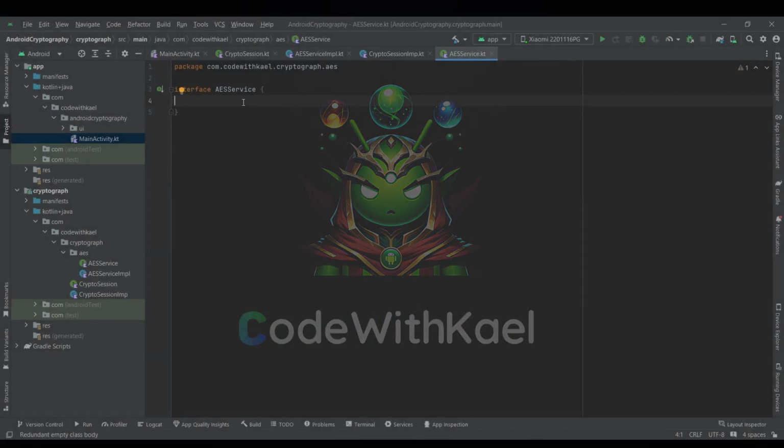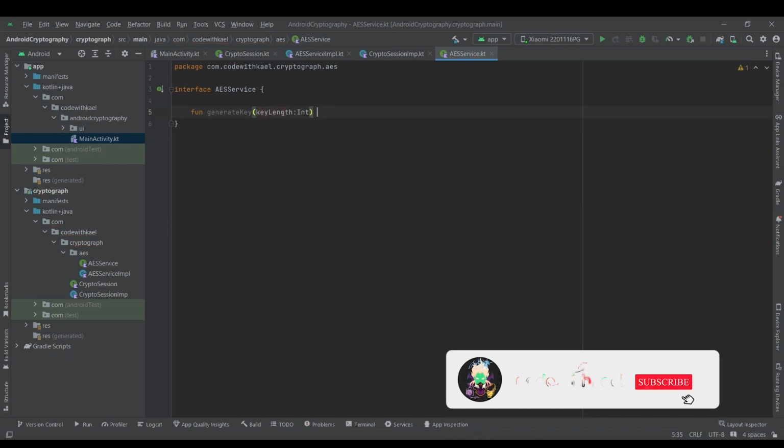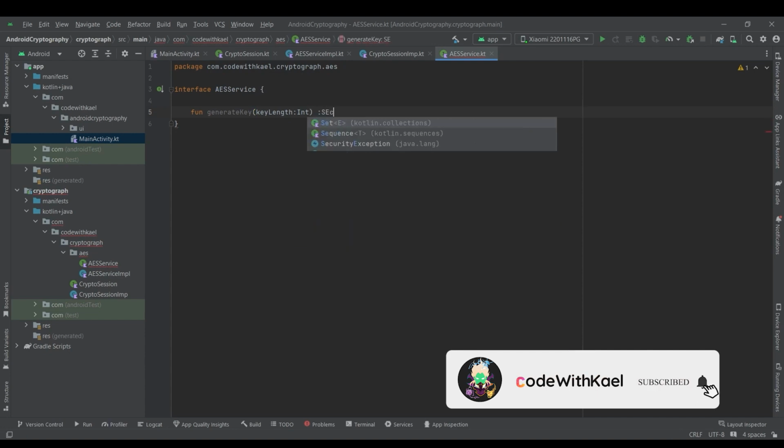Hi and welcome back. In this video, we are going to start writing our function inside our AES service. The first thing to do is learn how to create a key to start encrypting or decrypting our packets, text, or files. So the first thing is a function to generate a key for us. I'll write generate key, and inside this function I'll have key length,